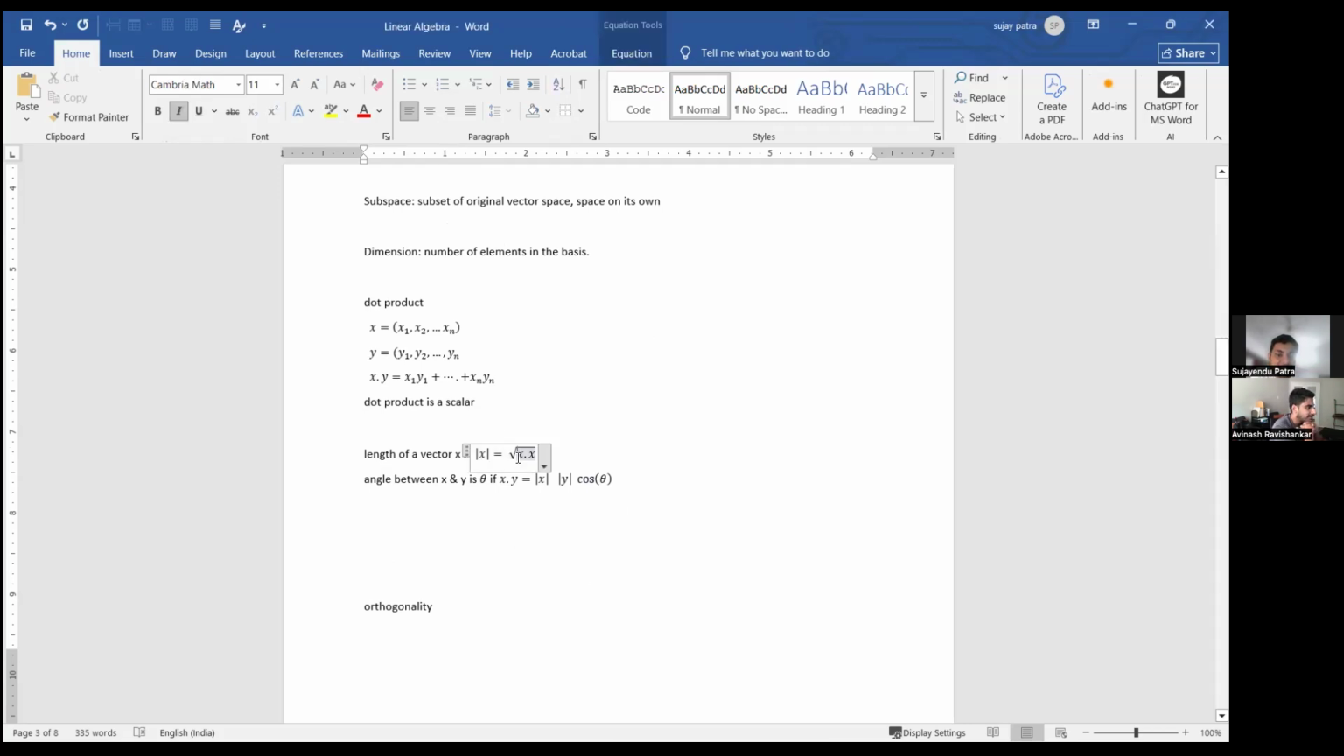So this x dot x, if you write down the formula, you will get the square root of the summation of the x squares. So you'll get x1 squared plus dot dot dot, all the sum of squares. This is the usual Pythagorean formula for length, right? The hypotenuse squared is base squared and altitude squared and so on. Now, if you have multiple dimensions